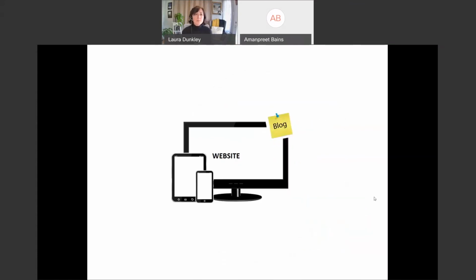So some examples of channels to consider. I put website in the middle because I truly do believe it is the hub of everything. And we're going to walk through some examples of a website. Your blog sits on your website. Doesn't mean you have to have a blog, but that's where it resides. And it is a good resource to have if you have the capability to keep up the